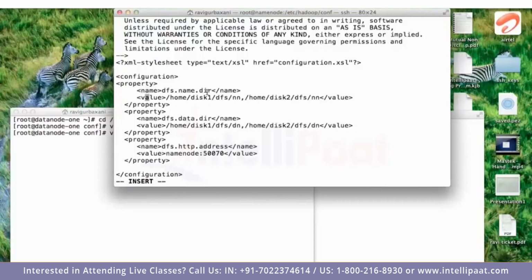So I am telling that the name node will store its data, the metadata, when it writes to disk, in a folder called home disk1 dfs nn and home disk2 dfs nn. In the real world, there'll be two different volumes of the hard disk, or maybe two hard disks itself. Then I say the data node will write its data blocks in